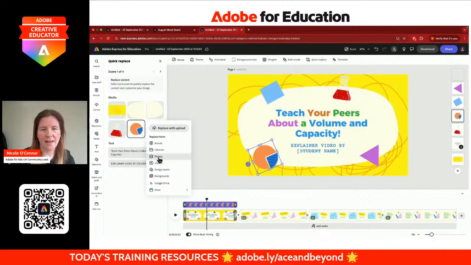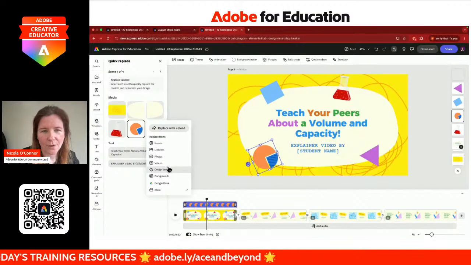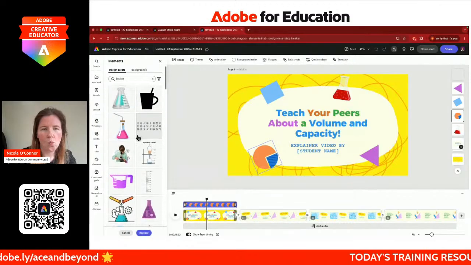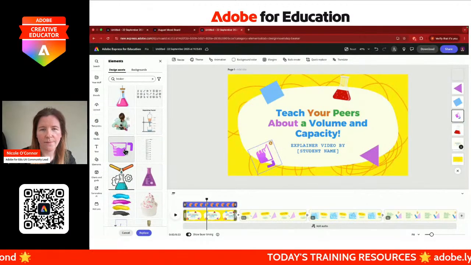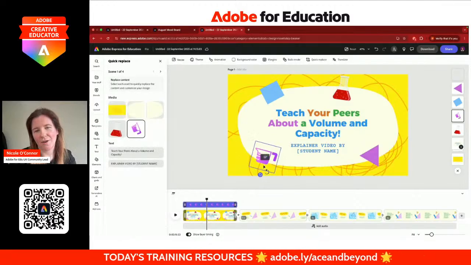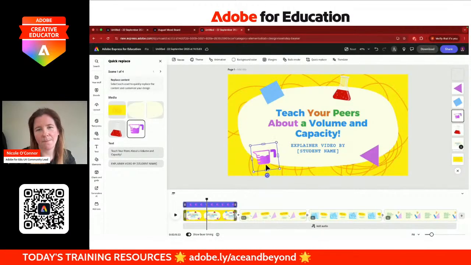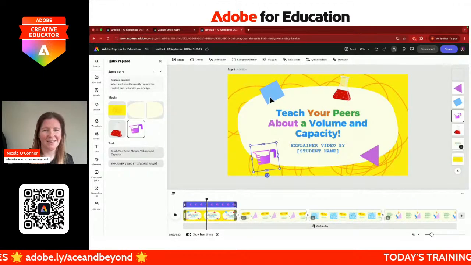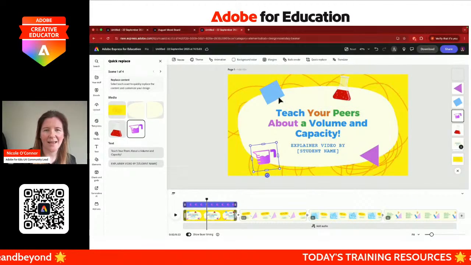I want to get rid of this pie chart, and I'm going to go into design assets again, and oh, I like the jug. Going for the jug here. And I'm going to just click this jug and turn it around a little bit. Done. Now you'll notice that I don't have an option to quick replace these two assets and these two elements,